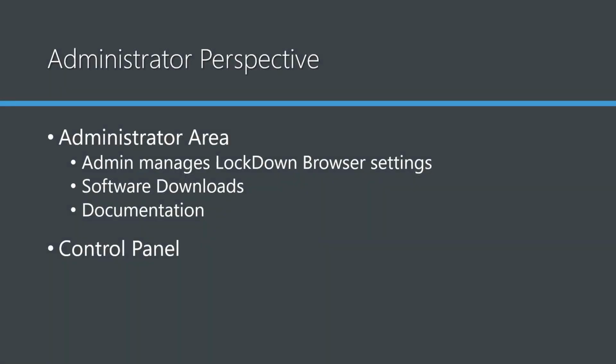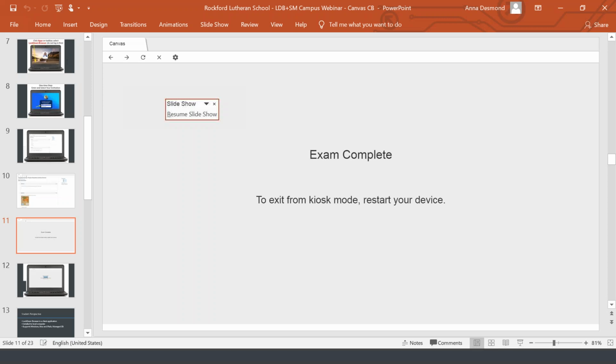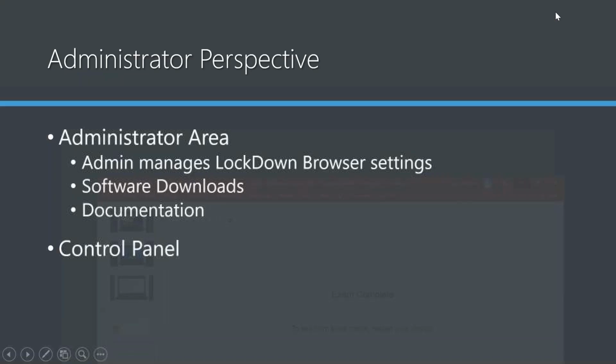Now, in terms of the administrative area, have you received the email with your login credentials as yet? Have I? No. Something that probably will be in your box by either the end of the day today or by midday tomorrow. We did submit the paperwork to the office for processing, but once the paperwork has been processed, you will be receiving an email that will provide you with login credentials for what we refer to as the Respondus admin area. Now, when you're on our website, and we'll go here,